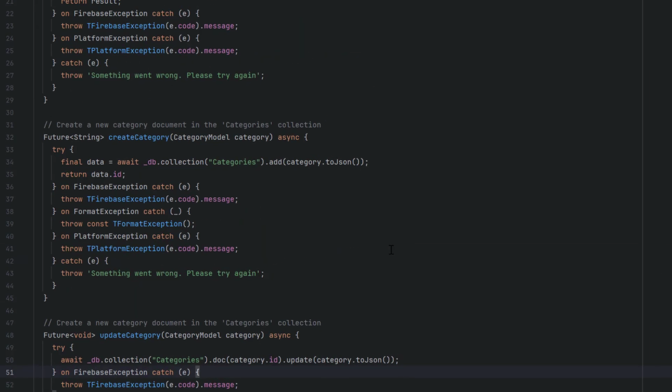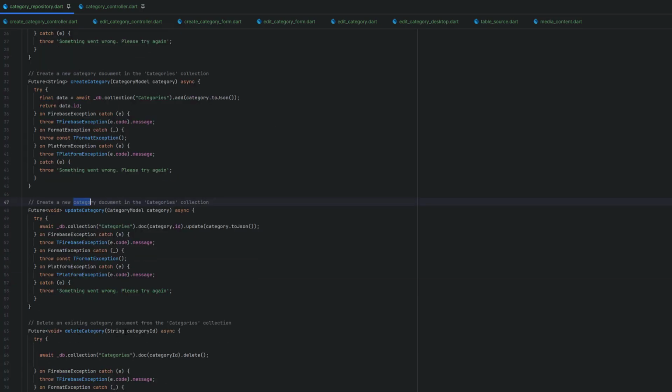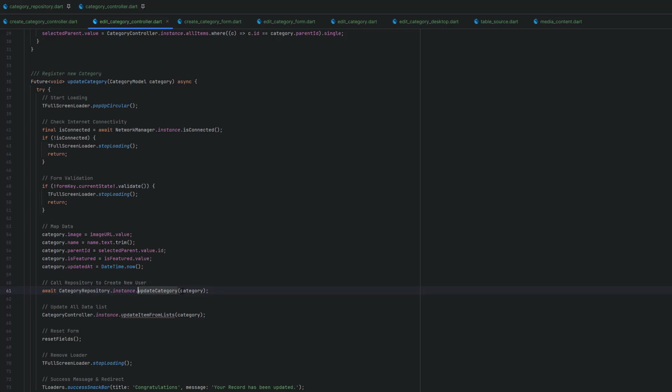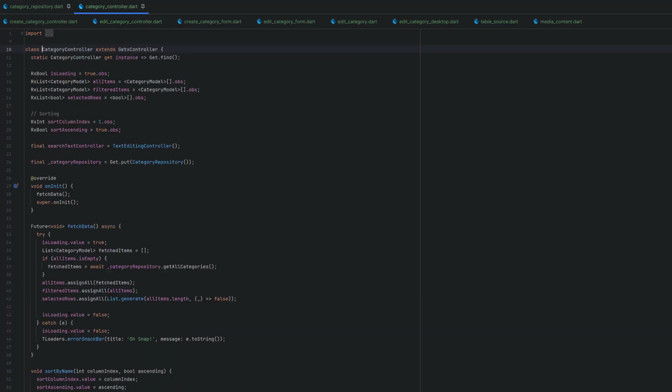And by this way, we have completed the CRUD. We have get all categories, which is read, create, update, and down below delete. It means the CRUD is completed inside the category repository. And you can see the error is gone. And once data is stored, we just want to also update the items list. So for that, we have to go to the category controller